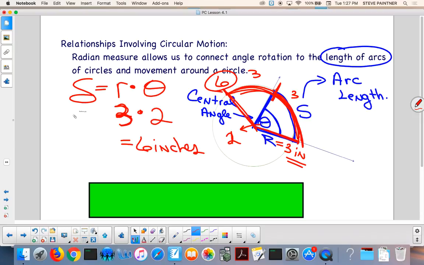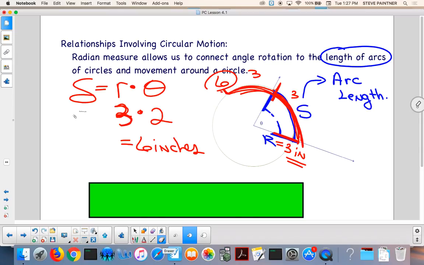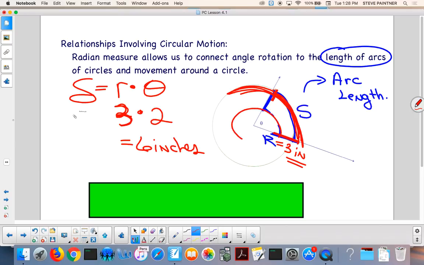But what if I make it harder on you? Because I made that super easy, didn't I? What if I told you this? I've got to erase some of this. It's getting really messy. I'm going to get rid of the words "central angle." What if I tell you the central angle from here